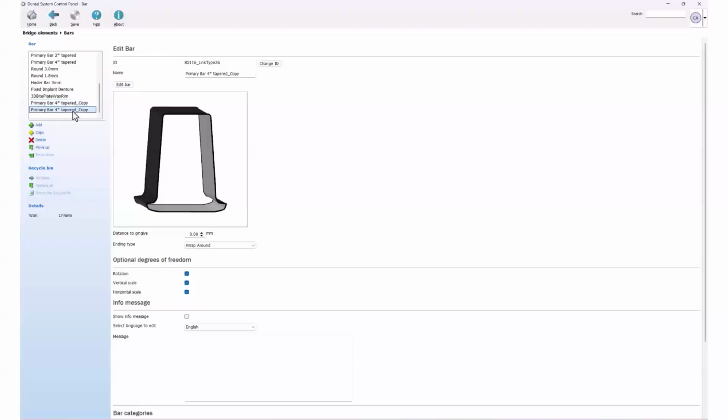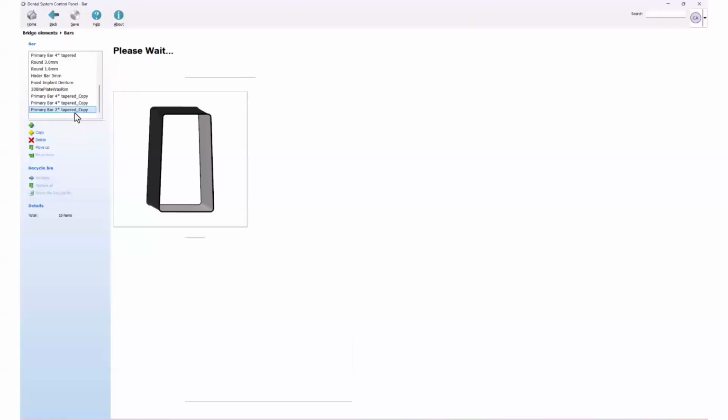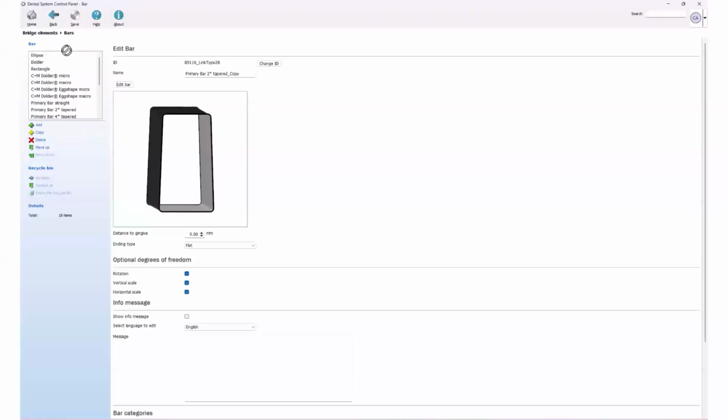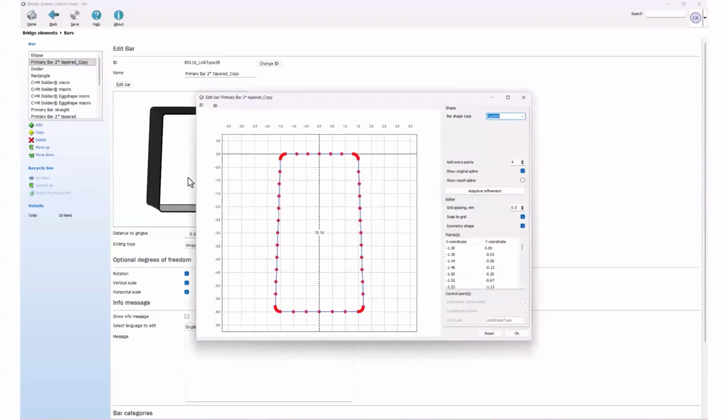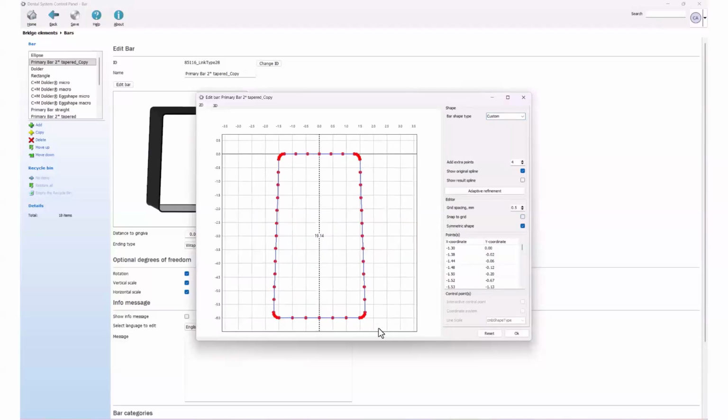Some of them I already played with and made copies and some modifications, and that's what I'm going to do right now. So I took a primary 2-degree tapered bar. I'm also moving it to the top of the list. I'm going to be using, let's say, frequently on this occasion. I also changed the style by default to be wraparound, and then clicking on this preview button, I do get to the cross section defined white